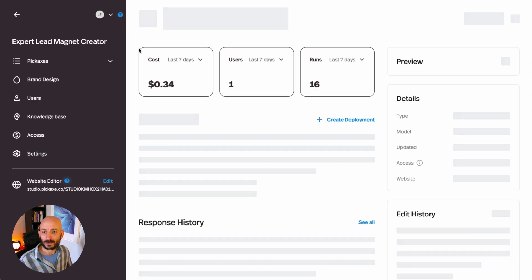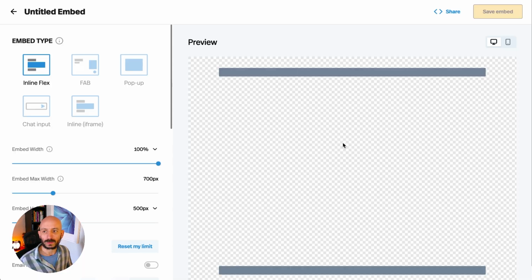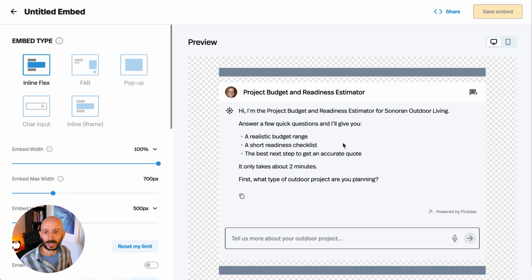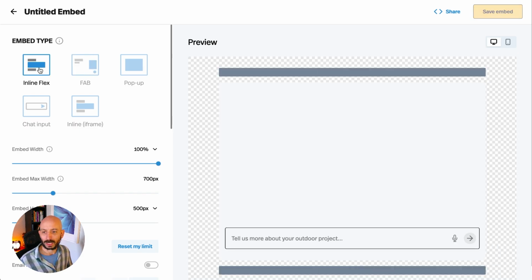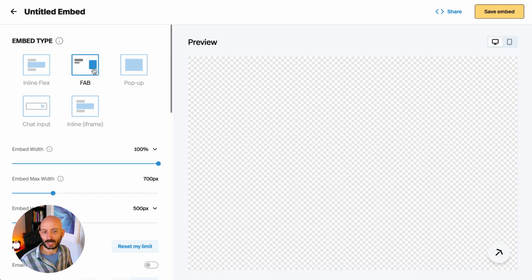And from here, you click on this button that says Create Deployment. And we're going to click this option that says Embed. And then we can embed it onto a website. Now, when you create an embedded chatbot, you have a few different ways of embedding it on your website. You can have it be either just always on the page, and so you can just send people to a page or a part of a page that has this just preloaded,